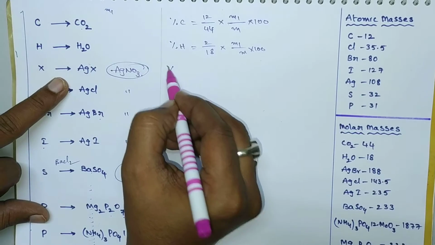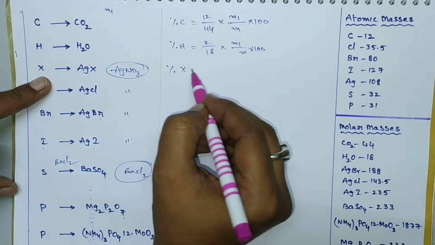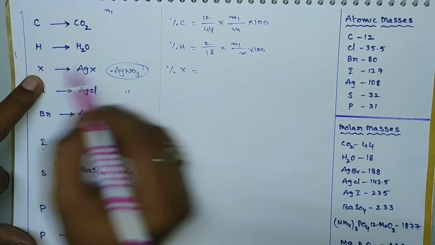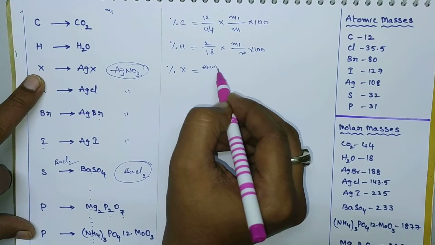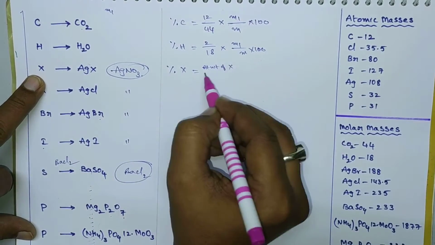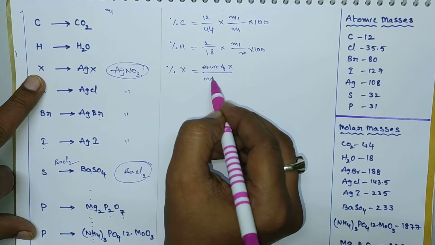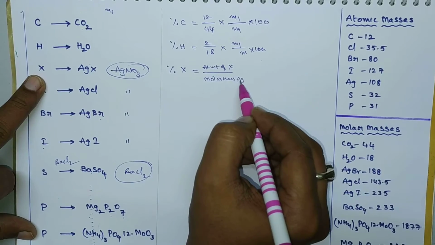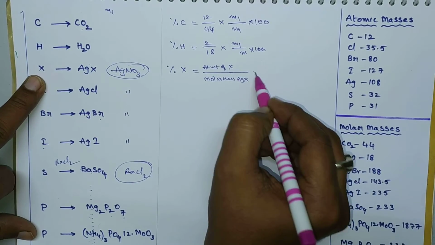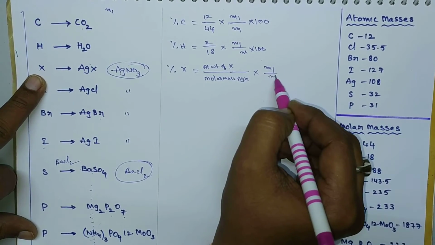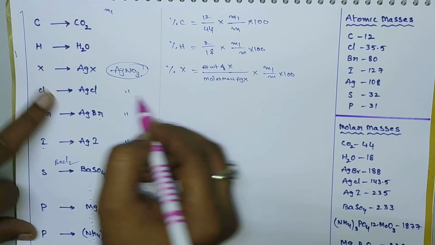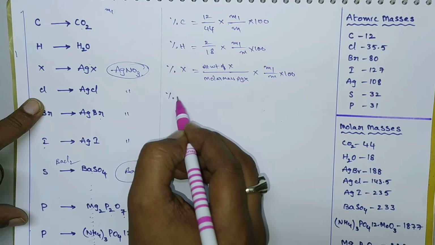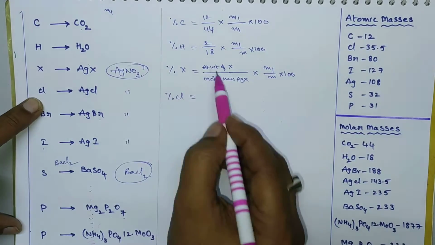Next, the percentage of halogen X is equal to the atomic weight of X by the molar mass of AgX into M1 by M into 100. Here X means any halogen like chlorine, so the percentage of chlorine is equal to the atomic weight of chlorine